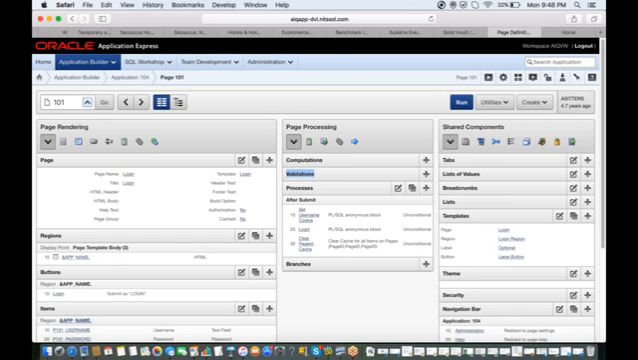Okay. If any validation fails, then the Apex engine will generate an error message, and it will send that back to the server. Suppose